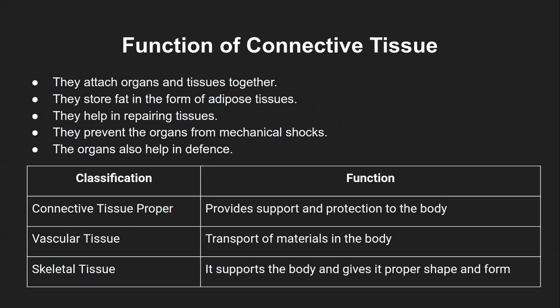And also the hyaluronic acid example is the example of repairing of the tissue. It's like how hyaluronic acid will act as a cementing material, and then it will repair that particular tissue. It will prevent the organs from mechanical shocks. Again, like I said, if you are jumping, if all the organs are also jumping, then it would have been a very difficult stage for you to survive.